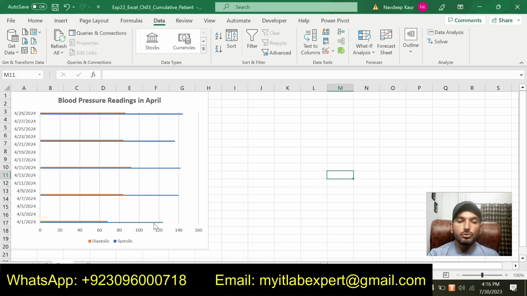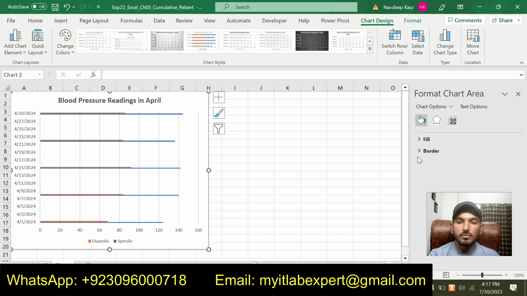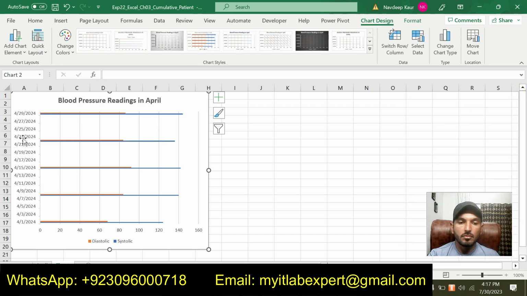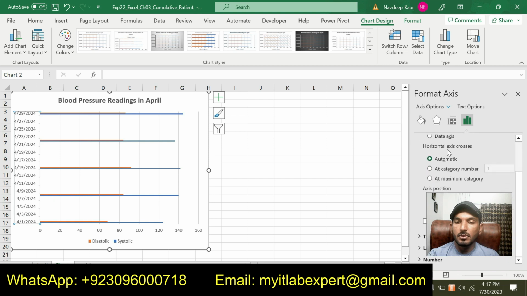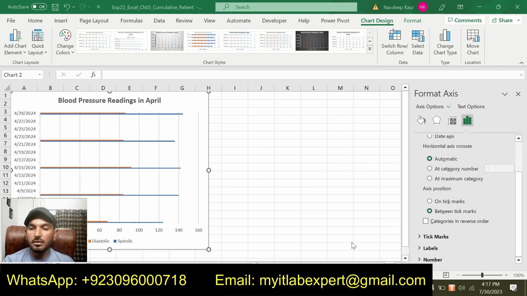So we are supposed to show these dates in reverse order. And we will select the categories in reverse order.